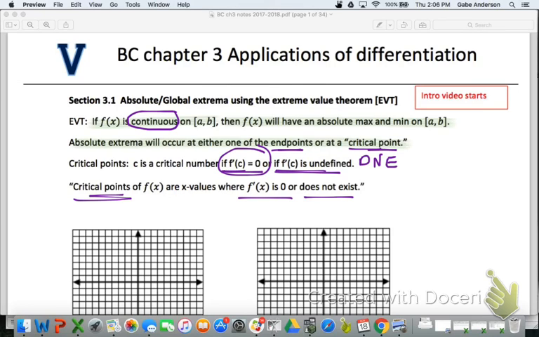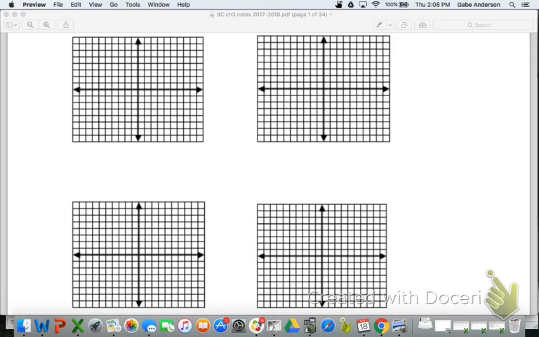Chapter 2. So now what we're going to do is look at a few graphs that illustrate some of the principles of the EVT and the extreme values. First, the graph on the upper left here, let's say that we have a graph that goes up and then down, and then up and down again. At least from the way that I've drawn it, that function appears to be continuous, and so the extreme value theorem guarantees that this function will have an absolute min and max. If this is a graph of f of x,